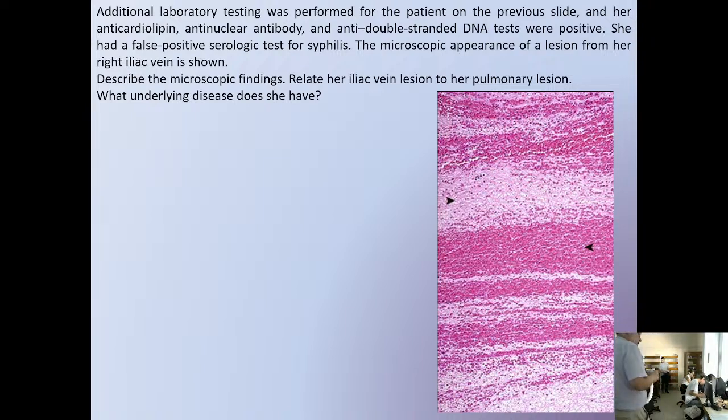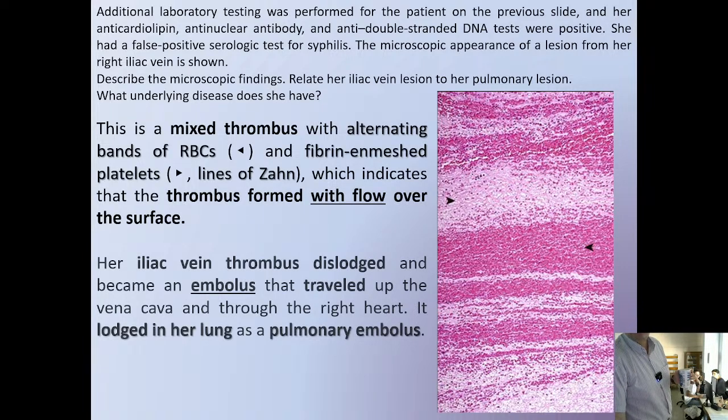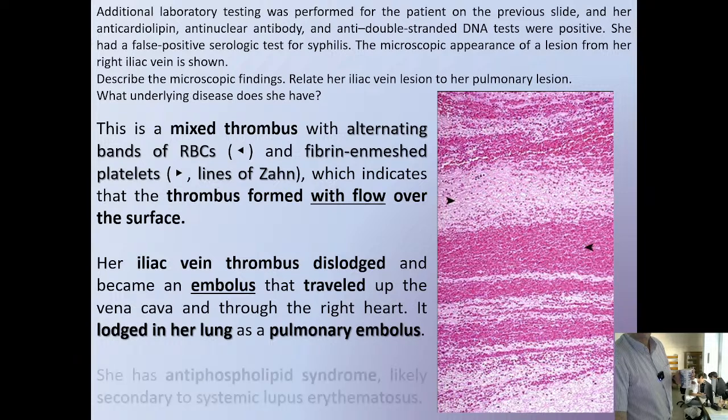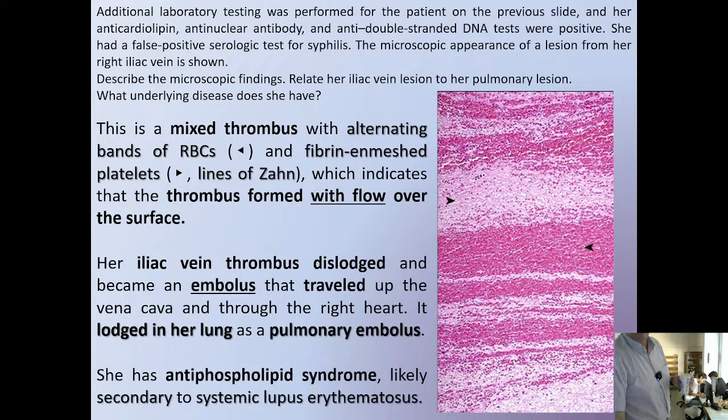And it is important to see this because when a man dies, some clots form post-mortem. So they are not specific. This is not the case here because we see these lines in the thrombus called Zahn lines, lines of Zahn. So this was a true clot, a true thrombus. And the patient most probably suffered from systemic lupus erythematosus with the complication of antiphospholipid syndrome,